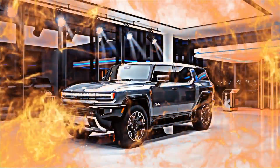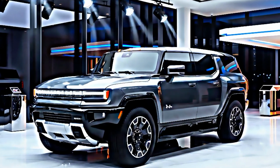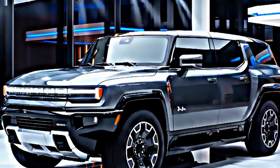The 2026 GMC Hummer EV is the definition of a super truck, powerful, capable, technologically advanced, and completely unlike anything